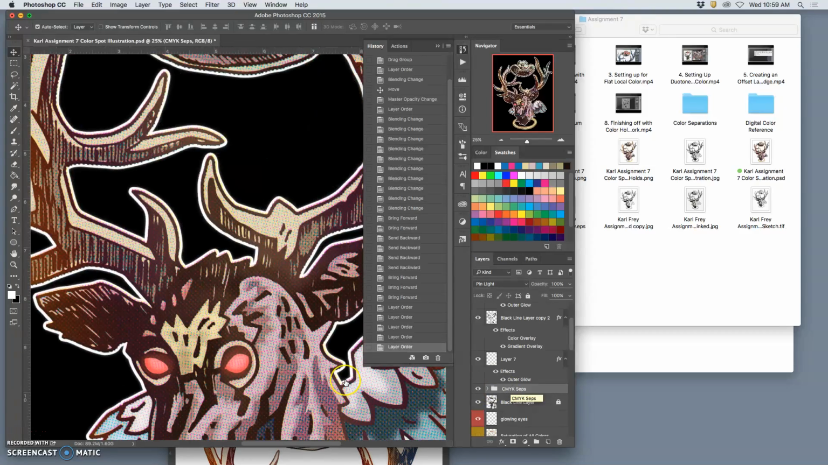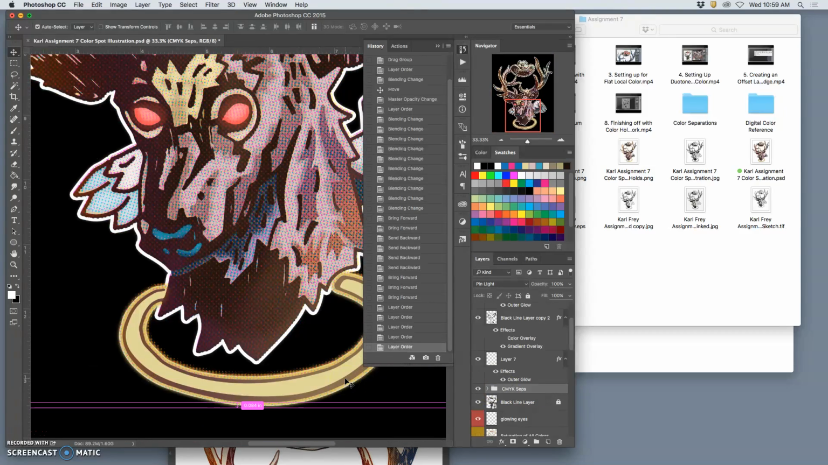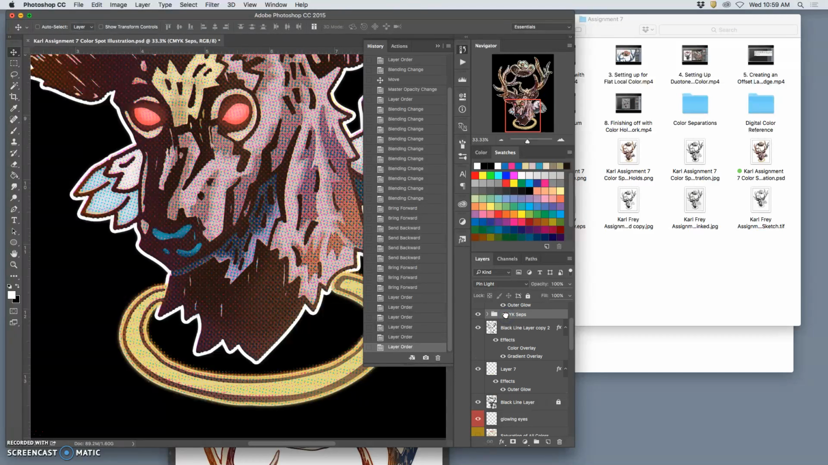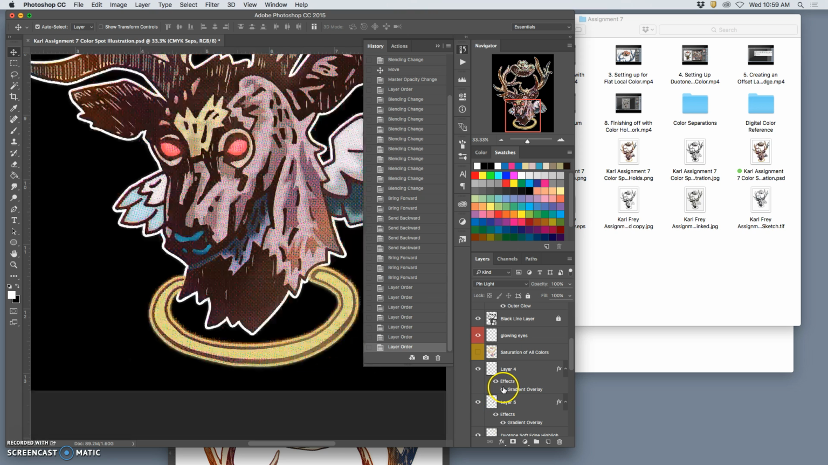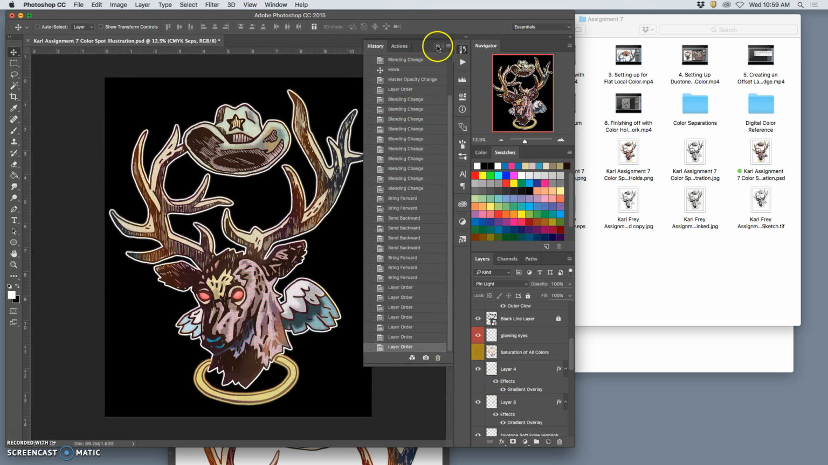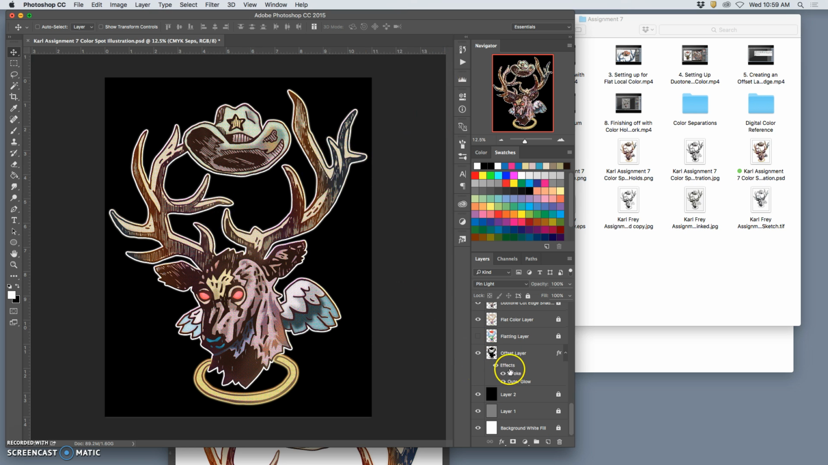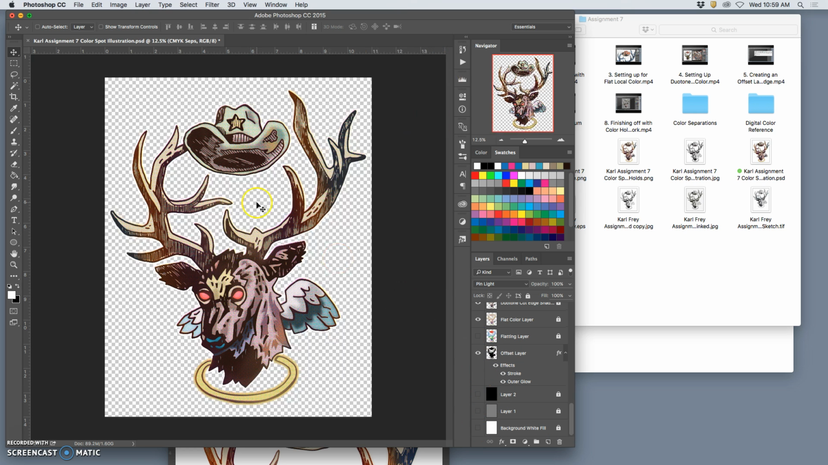I want it above my black line, but I kind of want it above the halo too. Yeah, because I like it in there. All right, so once you've kind of picked your coloring for your spot illustration, I'm going to turn off the backgrounds. I'm going to